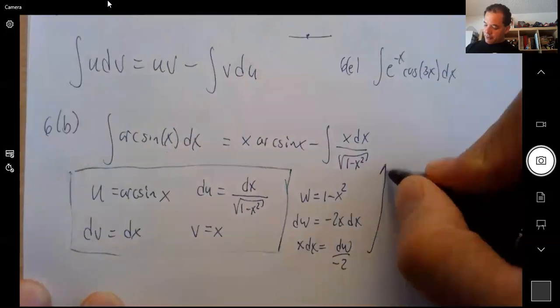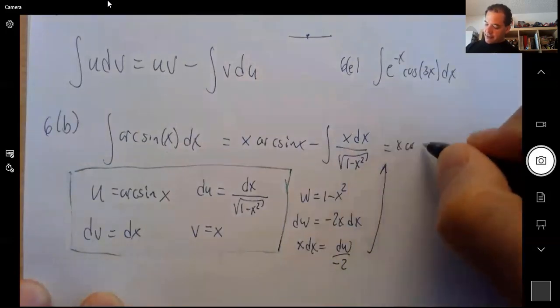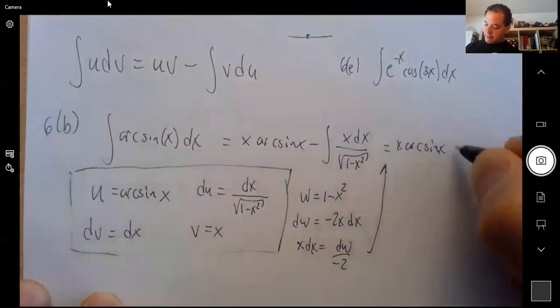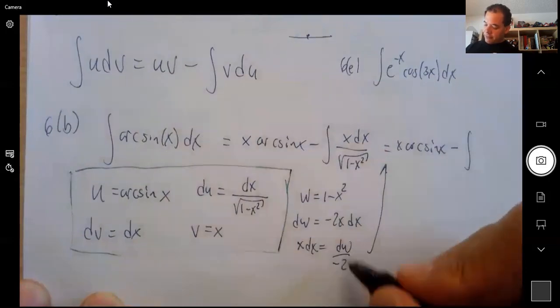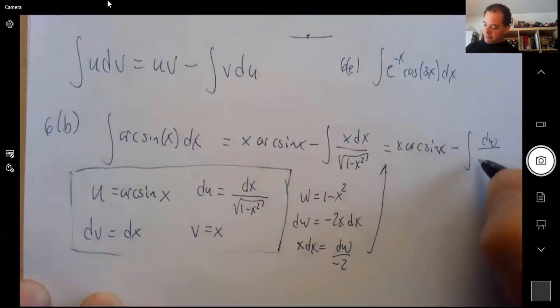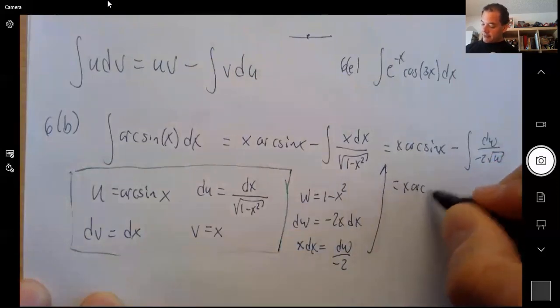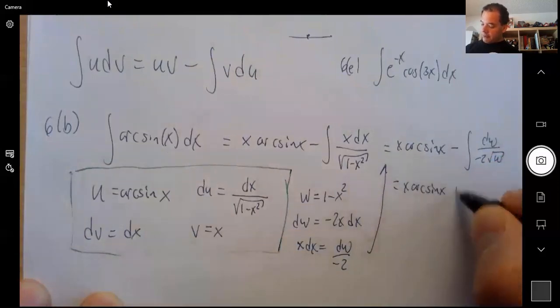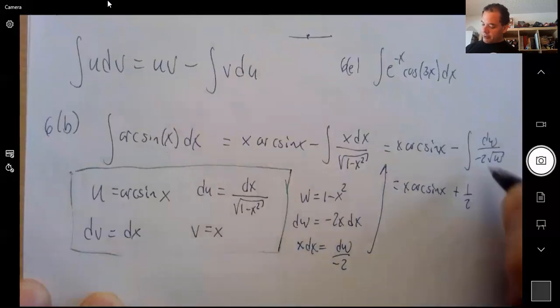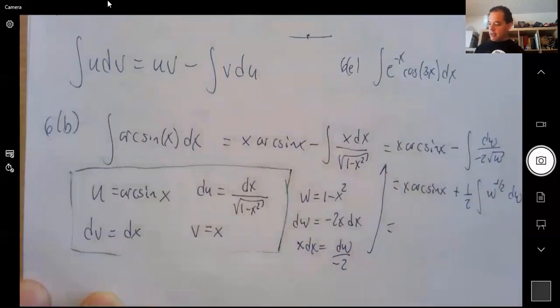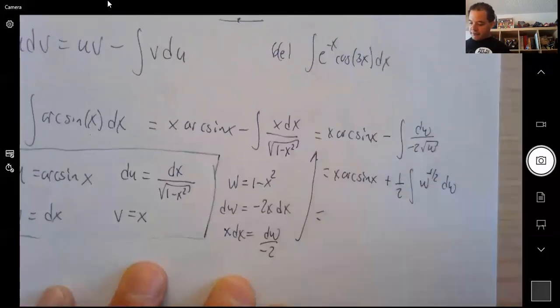And then I'll put it in here. So that's x arcsine x minus the integral of dw over -2 times the square root of w, right? So this is x arcsine x plus, minus times minus, the 2 I can take out, and this is now w to the -1/2 dw. And now this is something we can do, right? This is just